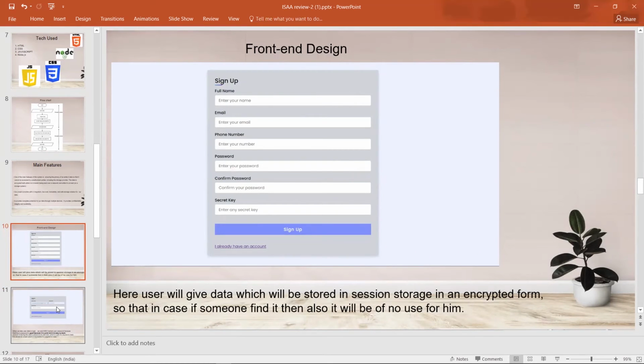Okay, this is the front end design, and as we already showed, we are storing session storage in encrypted form, and if someone gets it, there is no use to them. Okay, then go to the login screen.